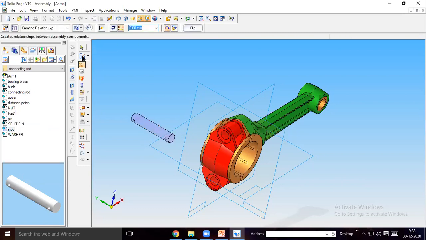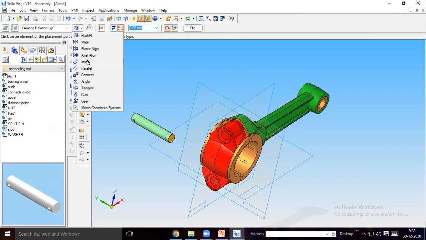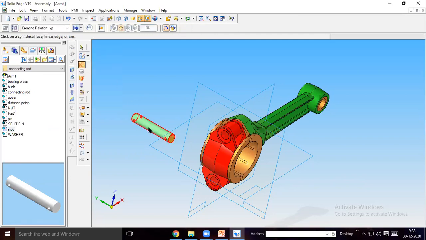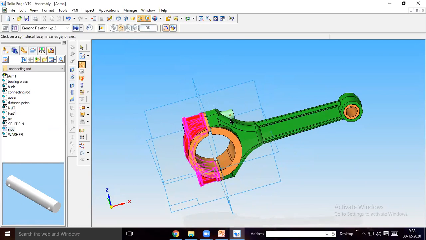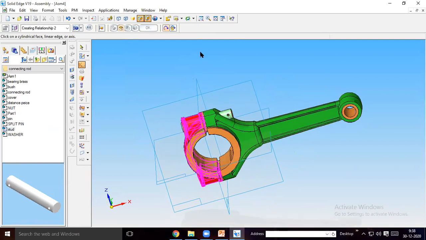Give the axial alignment of this with this. Okay, and then again axial alignment of this. Sir, we can do mirror node, sir. Which one? For washer? Washer will do. First you will complete the stud, washer, nut, pin and everything. After that, everything you can mirror to the bottom side.